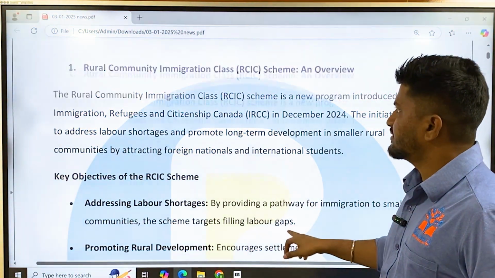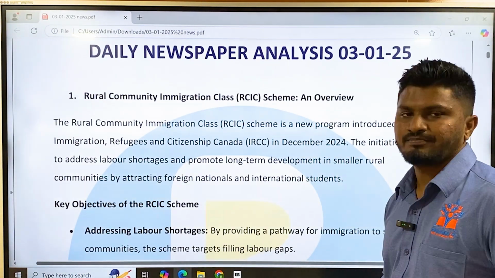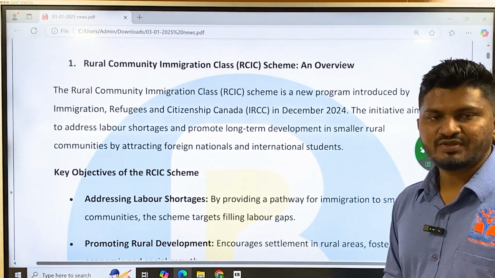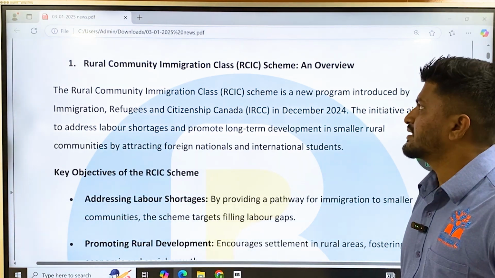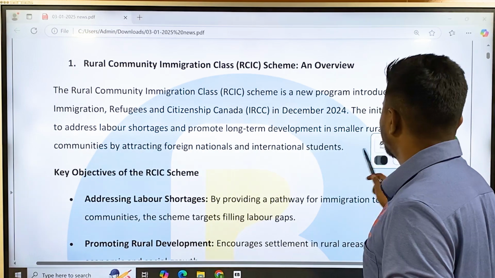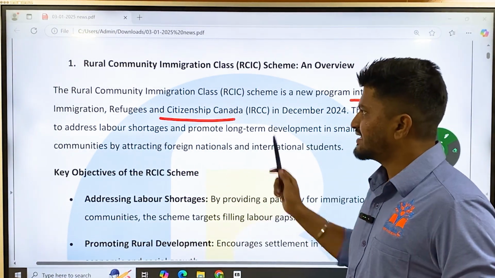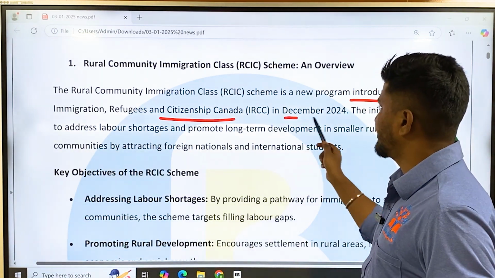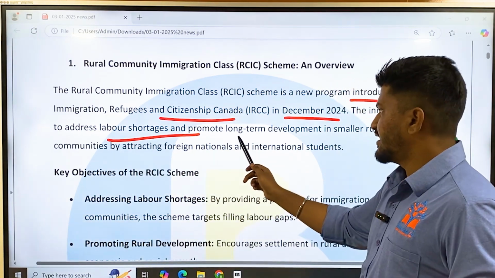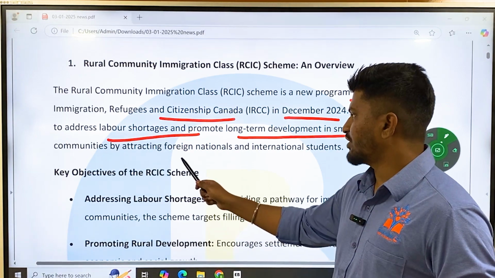The first article deals with the Rural Community Immigration Class scheme. This article has been taken from the Press Information Bureau. We will see the important key aspects of this article. The RCIC scheme is a new program introduced by Immigration, Refugees and Citizenship Canada in December 2024. The initiative aims to address labor shortages and promote long-term development in smaller rural communities by attracting foreign nationals and